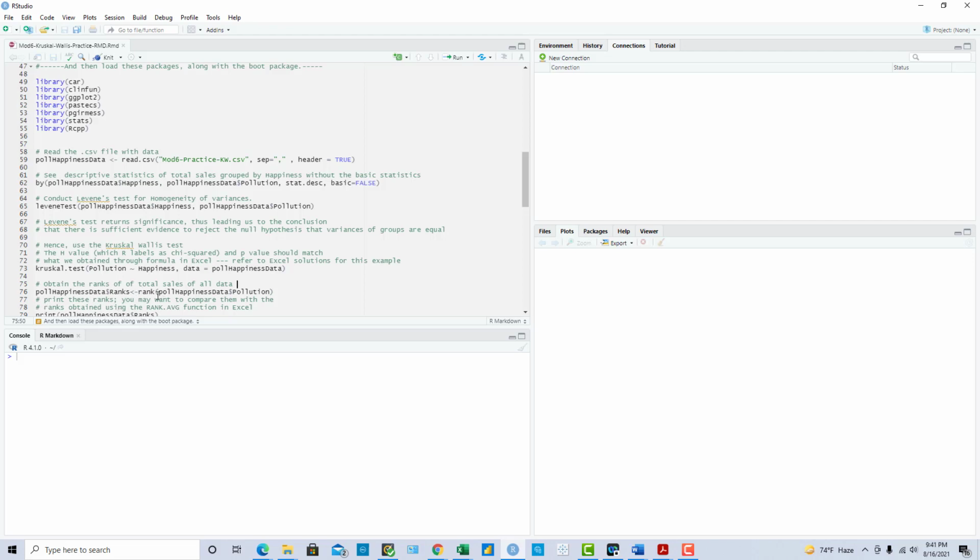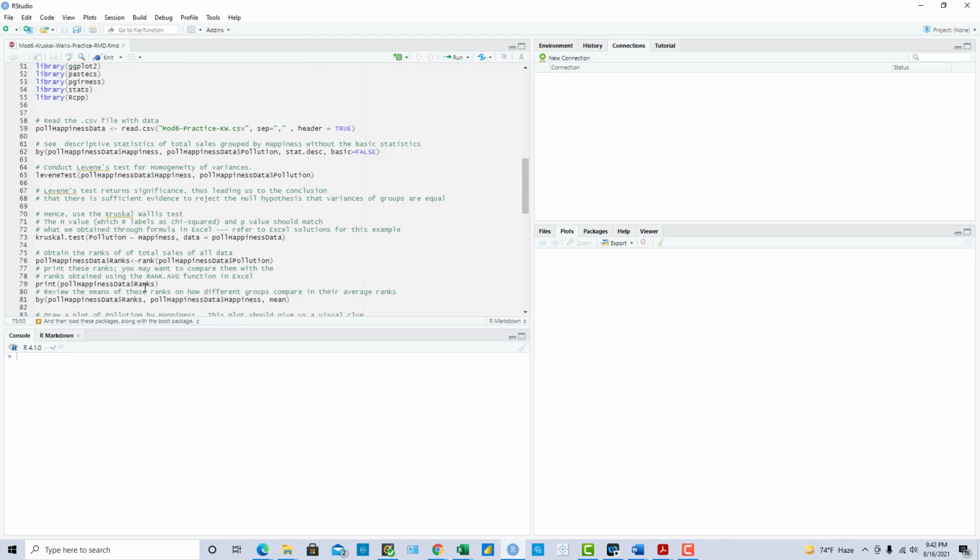The rank function on this entire data we have with pollution levels, we can get the ranks for all those pollution levels using this one line of code in line 76.